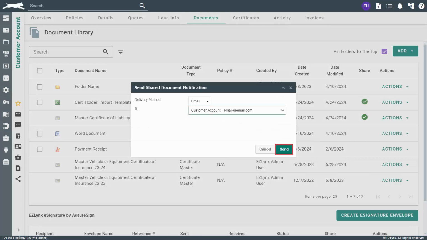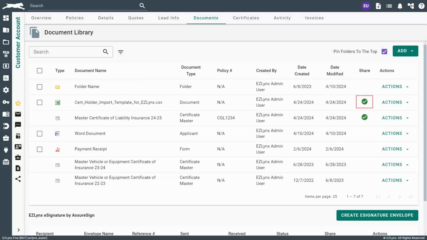In this pop-up window, you can send a notification to the customer using email or text, if applicable, then clicking Send. If you don't want to send any notification, simply click Cancel. Once the document has been shared to the Client Center, a green checkmark will appear next to the document under